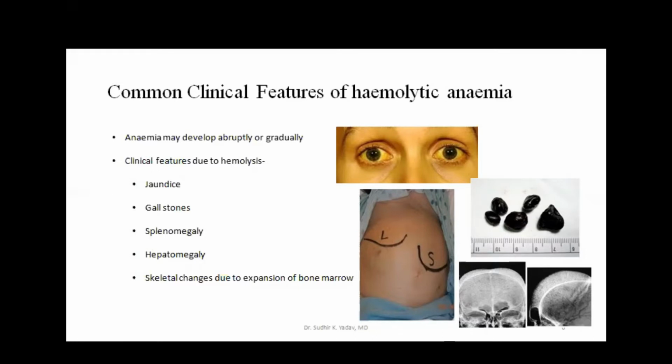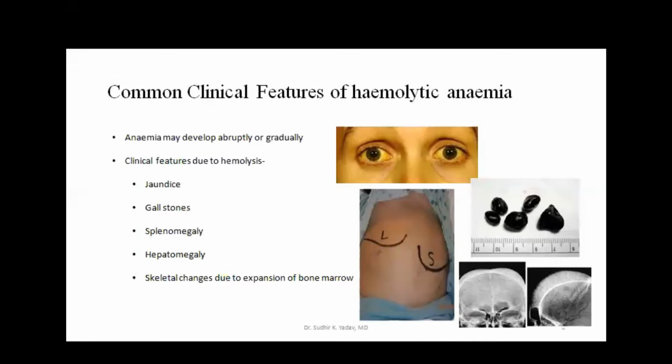If there is hemolysis, more and more bilirubin, more and more pigment is produced and excreted by the liver. If it supersaturates the bile, it will lead to the formation of stones. So these patients have more propensity to develop gallstones, and that is a pigment type. Gallstones are of many types, no? So it will be a pigment stone.